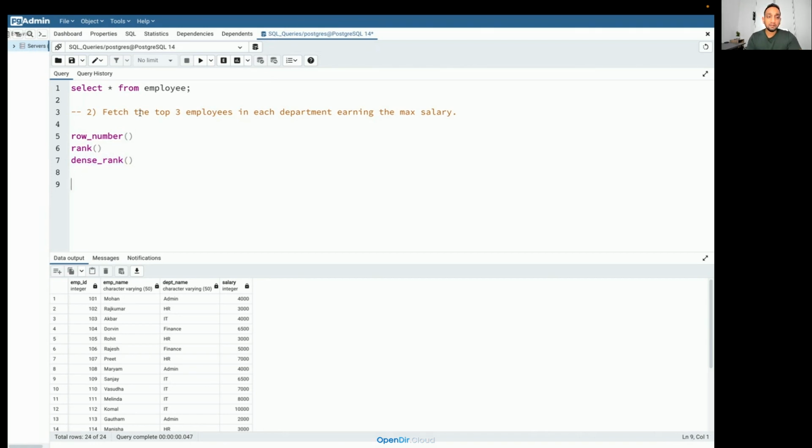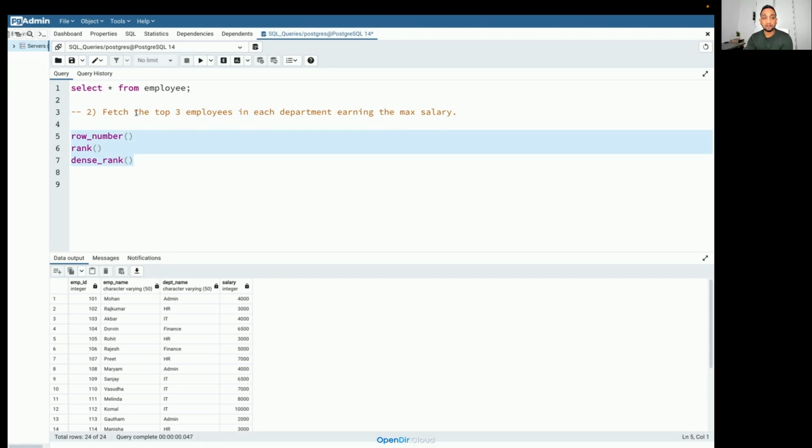First of all, whenever you have a requirement like fetching the top three employees from a department with the highest salary, or a question like can you fetch the second highest salary, or the fifth highest salary, or the last but one record, you should understand that, of course, you can do it in many other ways. You can do it using subqueries, maybe some other functions, etc. But one of the easiest ways is by using a window function, especially any one of these three window functions, depending on what exactly you need to do.